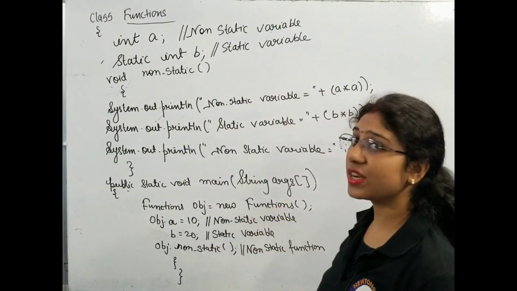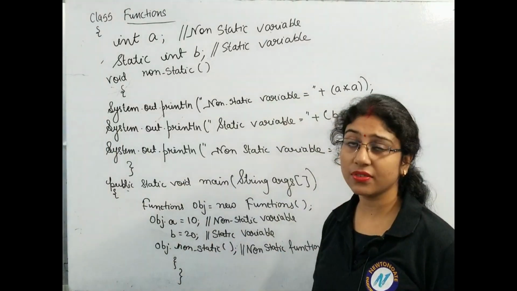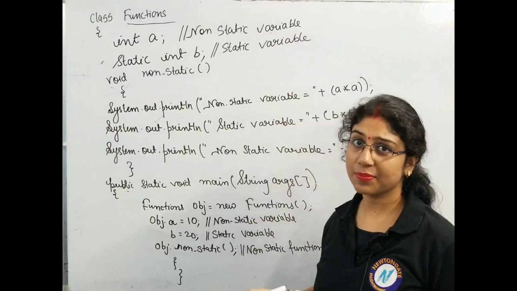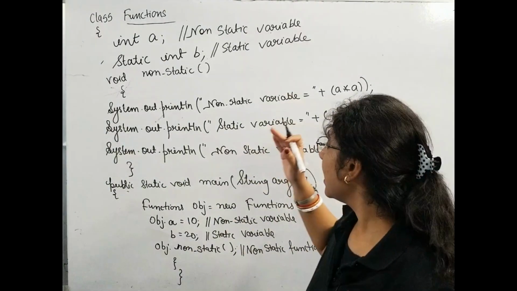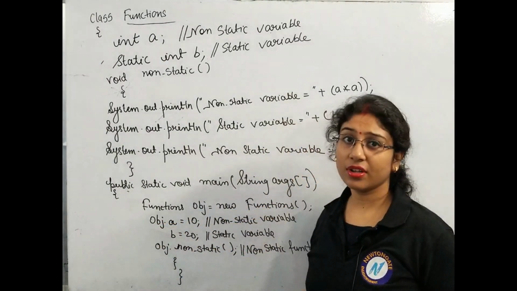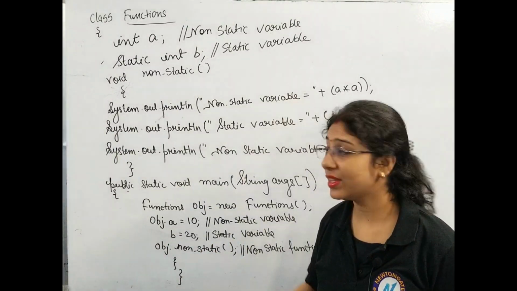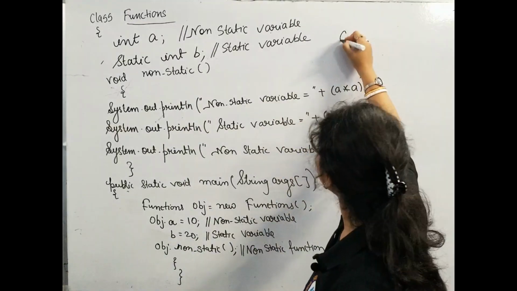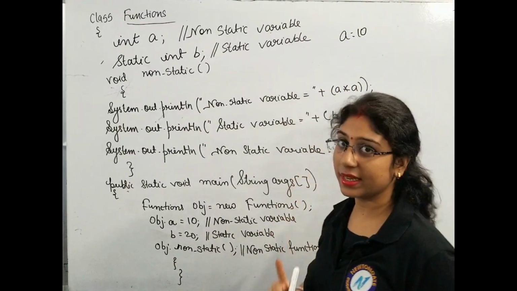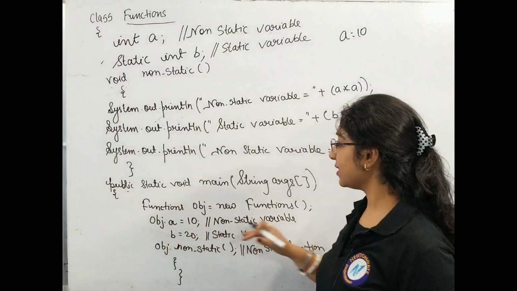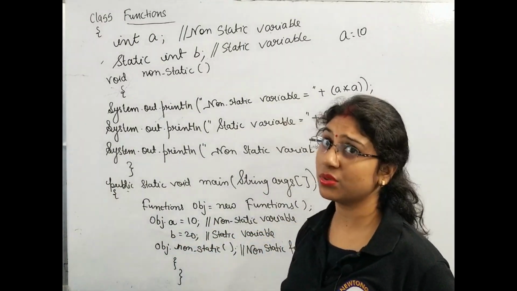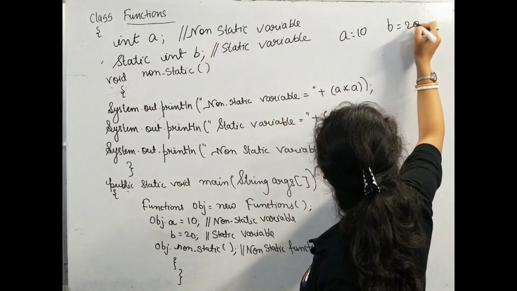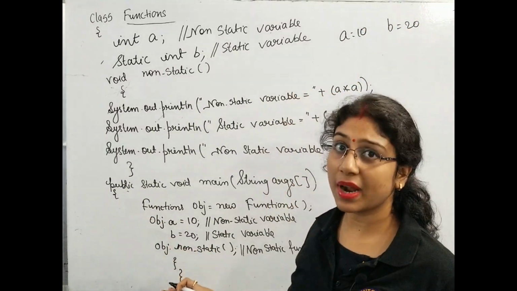This time Functions() will be considered as a constructor. Why? Because it is going to initialize the object. Clear? This part we have already discussed. Next, for accessing a non-static variable we need an object, that is obj.a = 10. So inside a, 10 will be stored. Next, as b is a static variable, I don't need an object to access b, so I have written b directly. Now b will store 20. Clear? The initialization part is done.